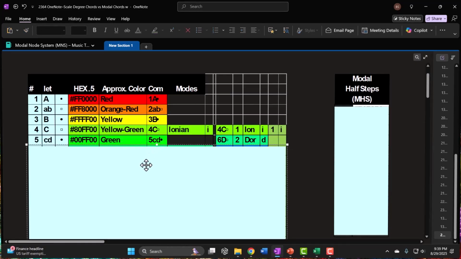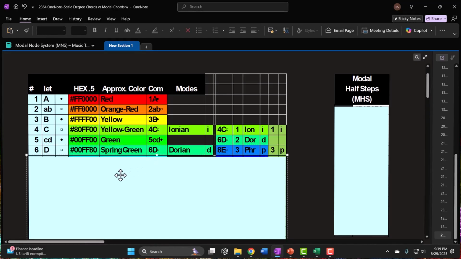The green is going to be note 5, which is C sharp or D flat, and then note 6, D, is going to be spring green, and that's the Dorian note because we go a whole step up if we apply the formula from the C. So that one, again, is going to be our permanent position or our permanent Dorian color for all 12 sets of